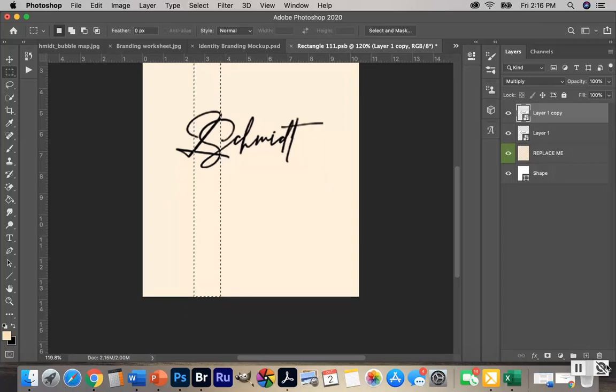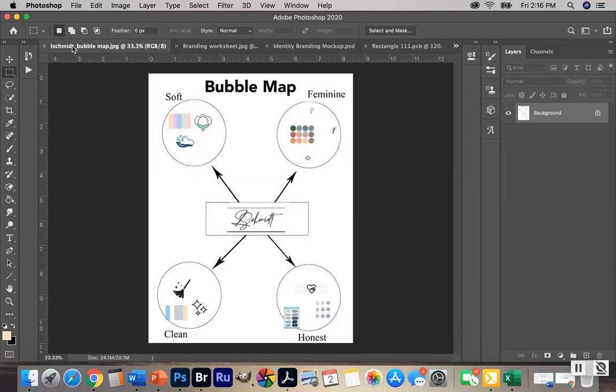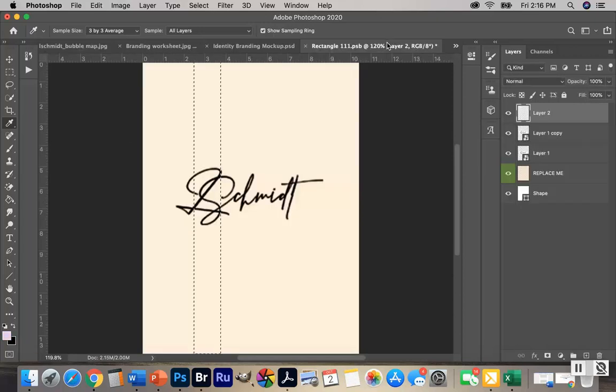Okay. I'm going to add a new layer so I can paint on it. I'm going to go to my bubble map. I'm going to get my eyedropper. Why can't I find it? There it is. I'm going to get my color. I'm going to go back to my rectangle, bucket, and fill. Okay? So I'm going to pull that behind